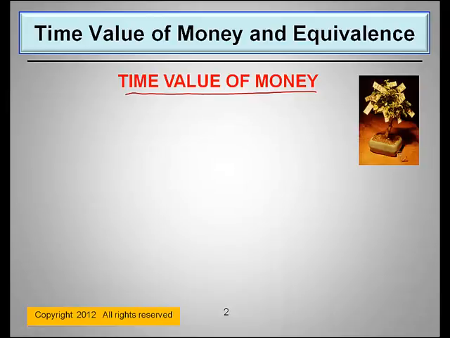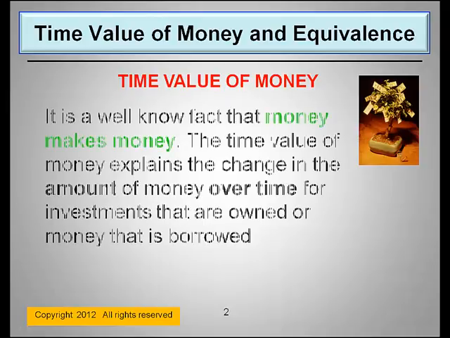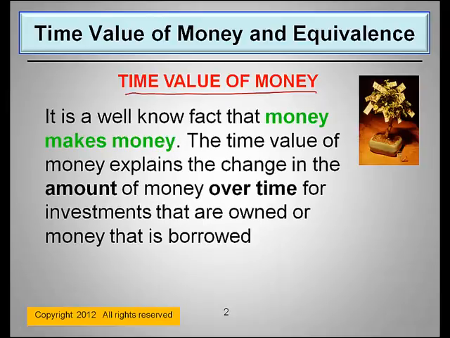For all of us, we inherently understand that money makes money over time. As an illustration, assume you and a business partner invest a relatively large amount of your own money in a joint business venture. Over time, both of you expect a return of money more than you originally invested. This is without regard to any inflation that may occur. Indeed, it is a well-accepted fact that money makes money.